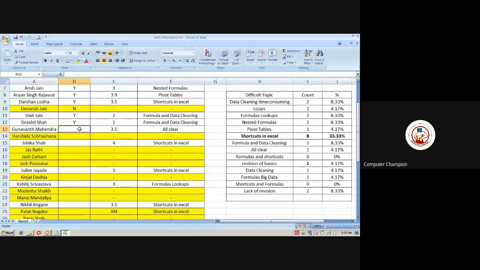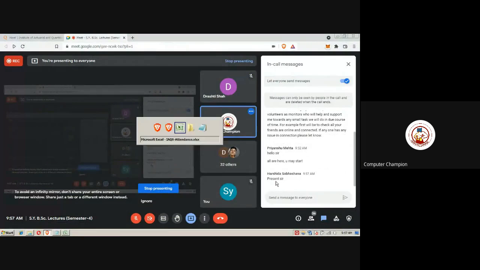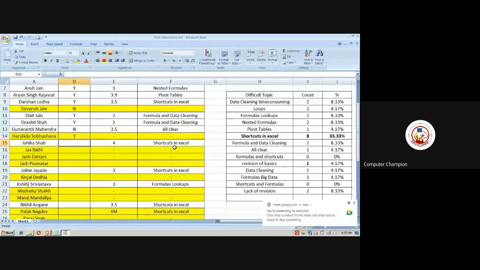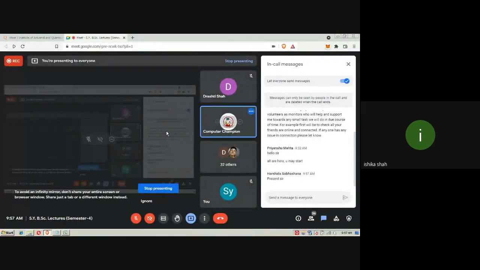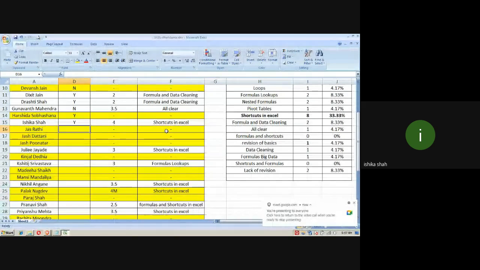Gunavan, are you there? Harshida, okay, on chat. Ishika. Present, sir. Jash Rathi. Present, sir. Josh Datani. Present, sir. Josh Punatar. Present, sir. Julie. Present, sir.